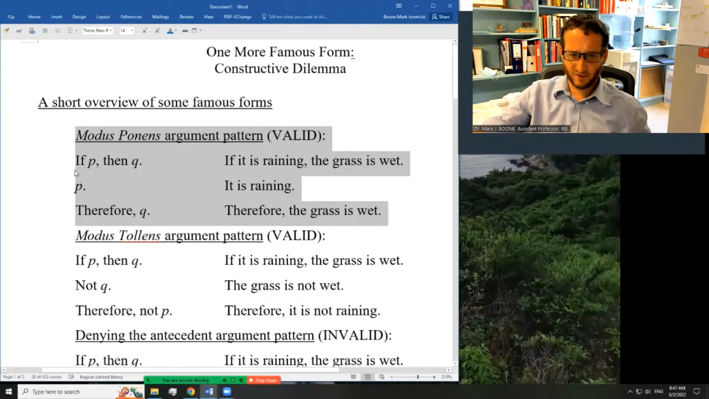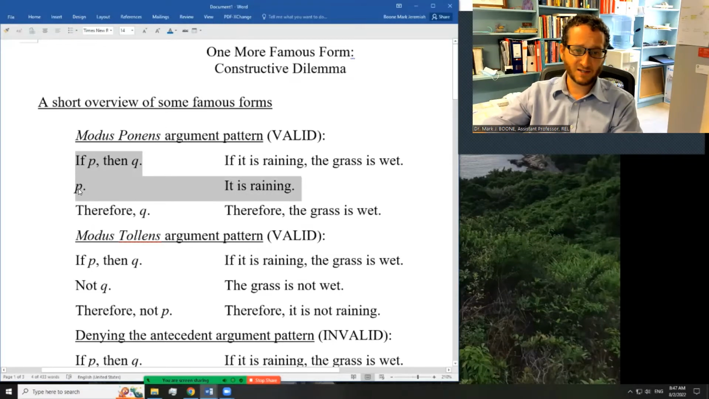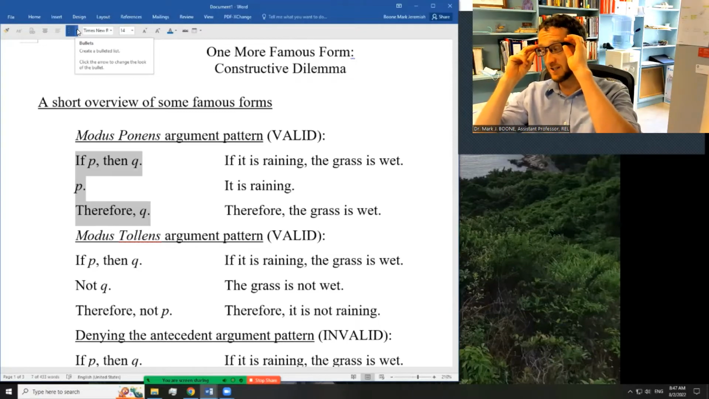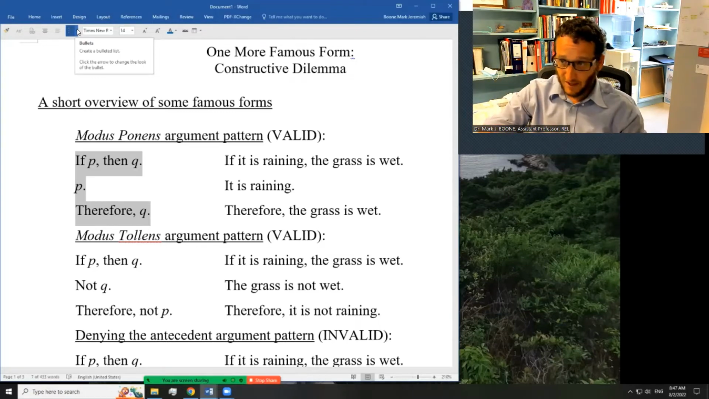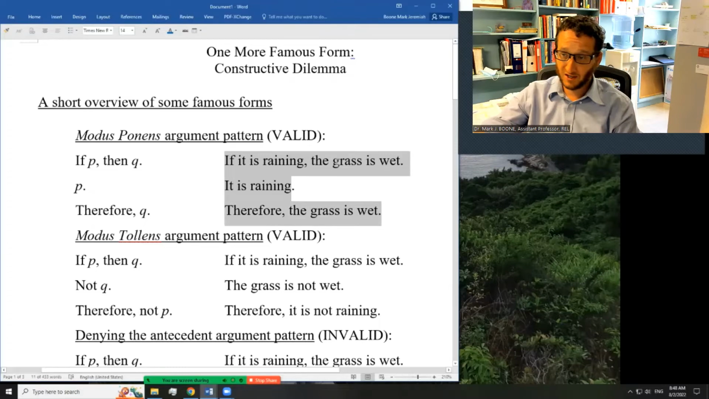Now let me explain this. The custom in logic class is to use lowercase italicized letters to symbolize any proposition, but to use uppercase, not italicized letters to symbolize specific propositions. So if I were going to symbolize the argument, if it's raining, then the grass is wet. It is raining, therefore the grass is wet. I would symbolize it with something like if R then G, R therefore G, and R and G would be